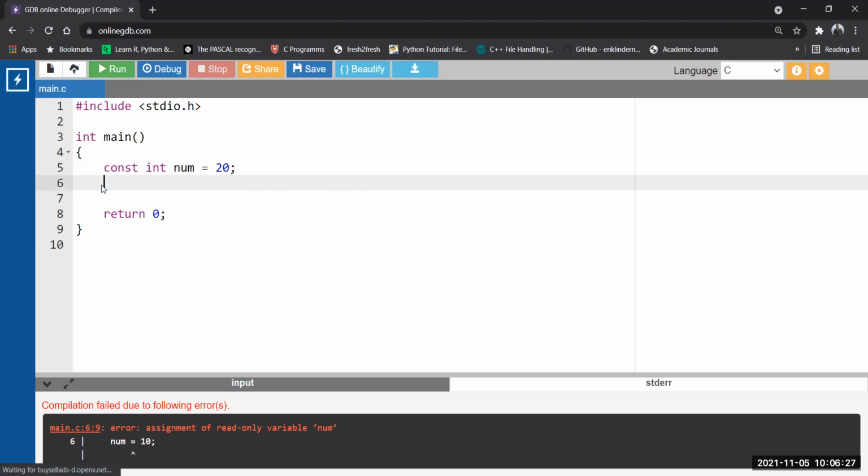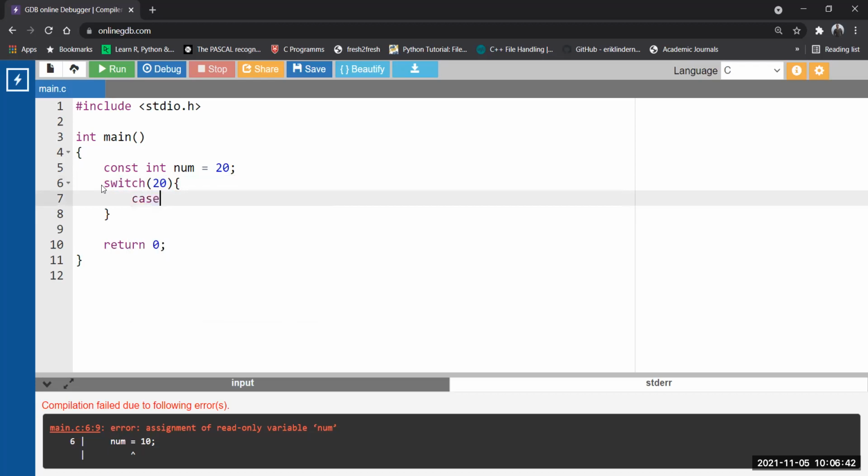So now let's try with this switch case. Will this be okay? Switch, I'm passing an expression here as 1. Or suppose now I'm passing 20 here. Now can we do this? Case num is 20, num is declared as constant. So let's just print this value.